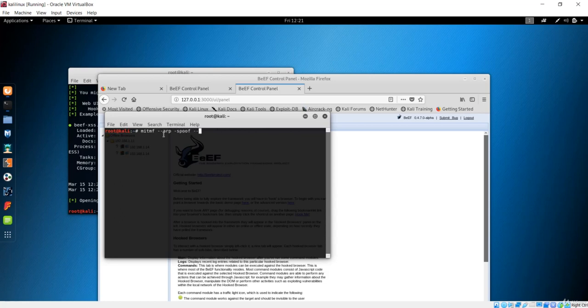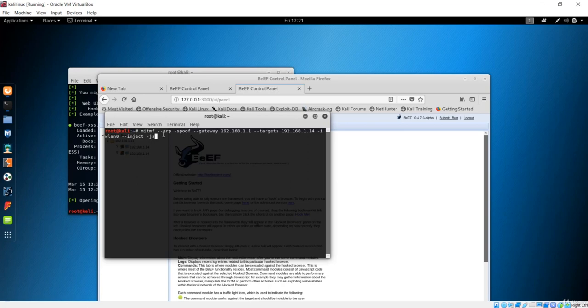ARP spoof and the gateway will be 192.168.1.1, and again the target is unchanged, which is 192.168.1.14, and now the interface will be wlan0, and I want to inject that is the URL over here,